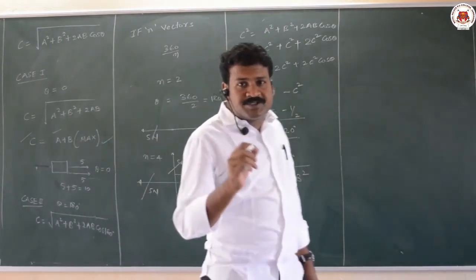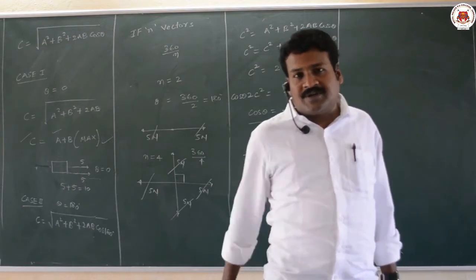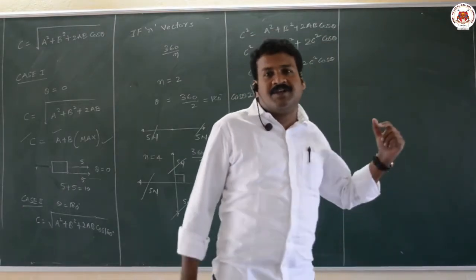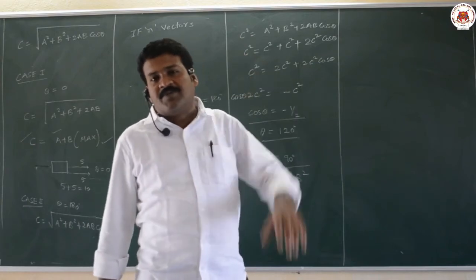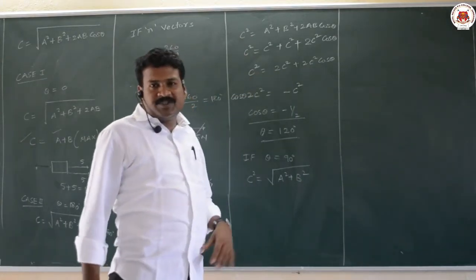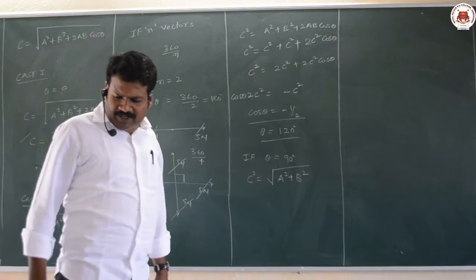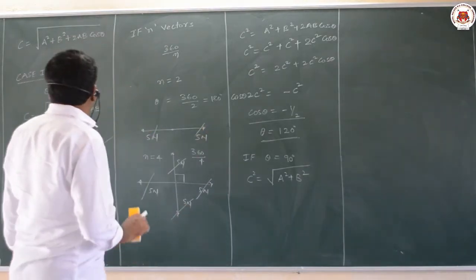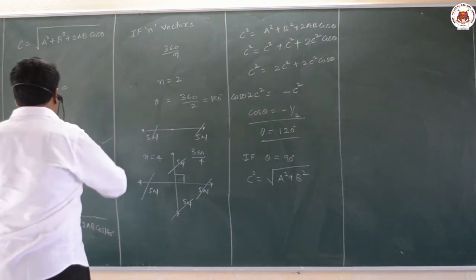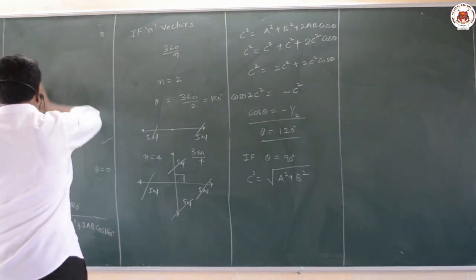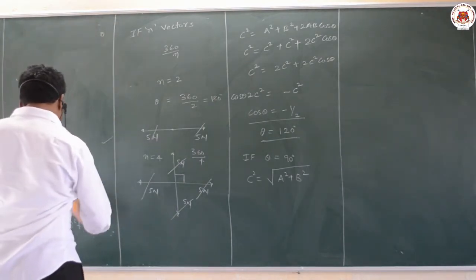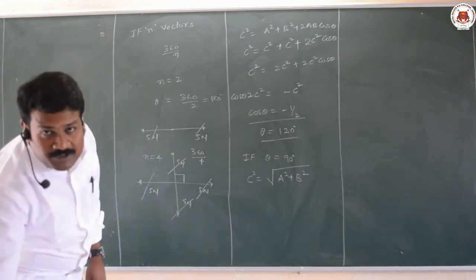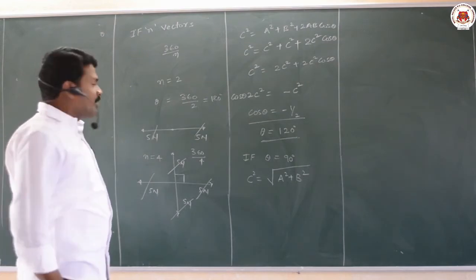So if n equal vectors are oriented in such a way that they make an angle of 360 by n with the next vector, then the resultant of their summation is equal to 0. This is one of the points you can remember. And from addition we can get subtraction, because there is no need to read subtraction again separately. If you know the parallelogram law of vectors, you can finish both addition and subtraction. Any type of question you can solve by using the parallelogram law of vectors.